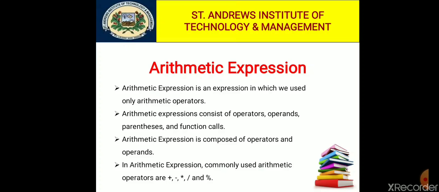The plus sign is used to add two values, the minus sign to subtract one value from another, the asterisk, or we can say multiply, to multiply two values, the division to divide a value, and the modulus to obtain the remainder of integer division. These are known as binary operators since they operate on two values or variables. In an arithmetic expression, a unary operator has one operand, a binary operator has two operands, and a ternary operator has three operands.